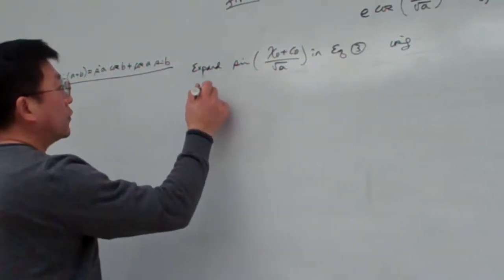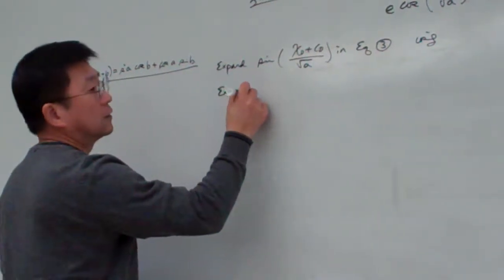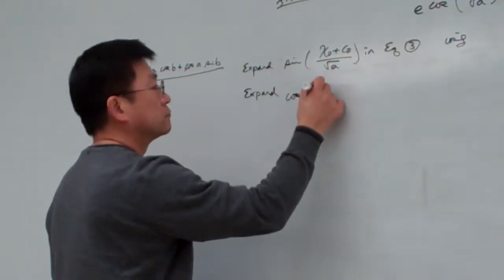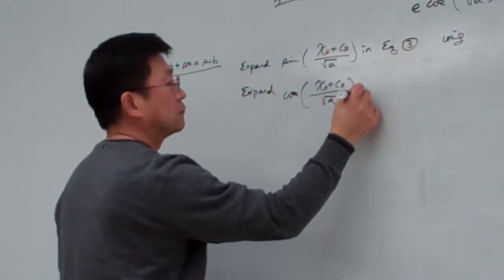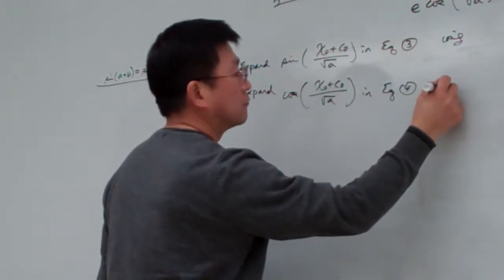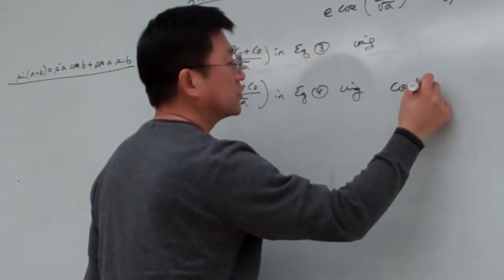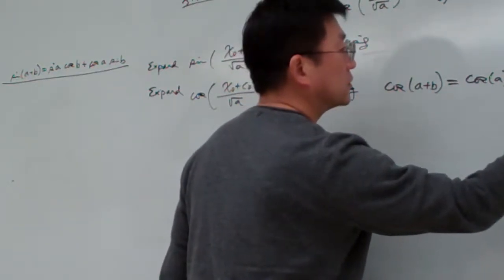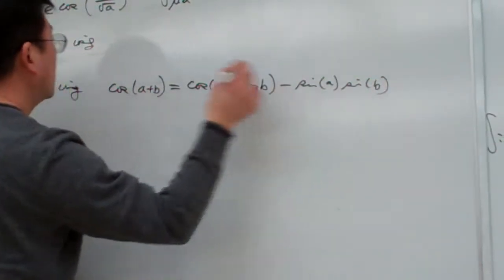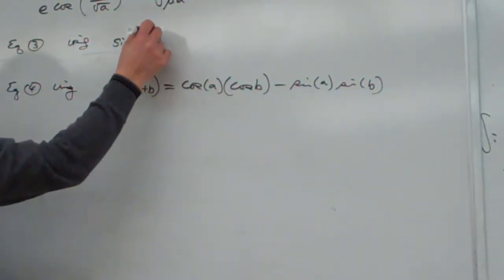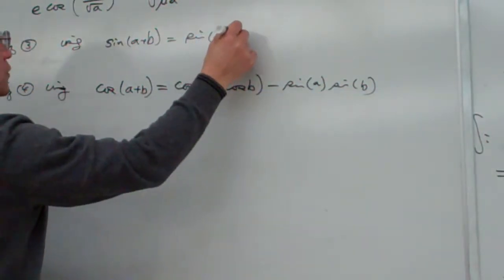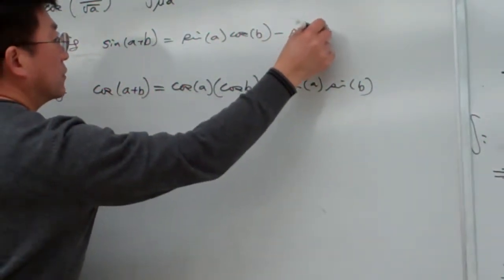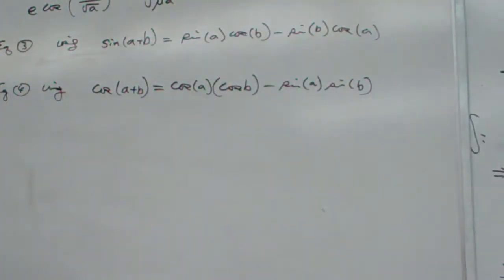And also expand, in equation 4, we have cosine, so I'm going to expand cosine, using cosine A plus B equal to cosine A cosine B minus sine A sine B. So here using sine A plus B equal to sine A cosine B minus sine B cosine A. Okay, so simply we're using this kind of expansion, then what we will have is